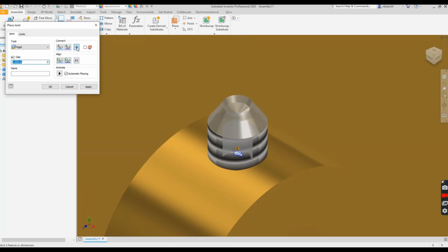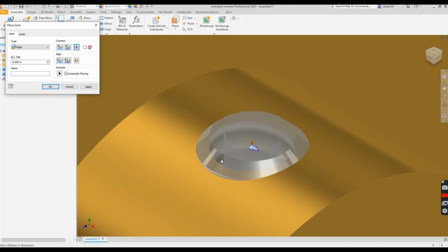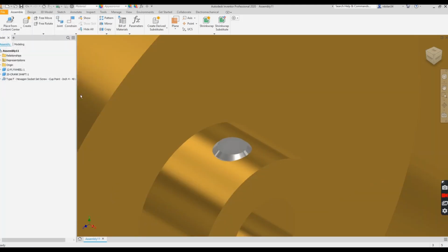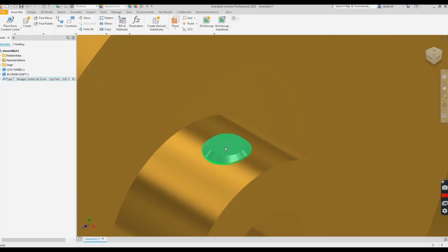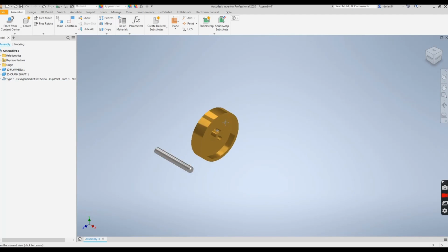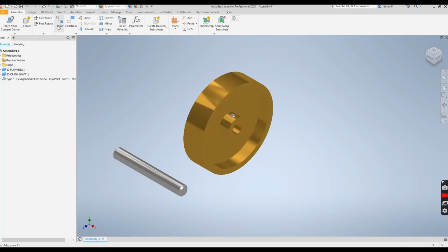Okay, now I'm going to flip that around so it's sitting something like that. Okay, and it's rigid, so that is good. My set screw's in there. You can see there's the hex at the top. Now I'll take my crankshaft, and I'm going to